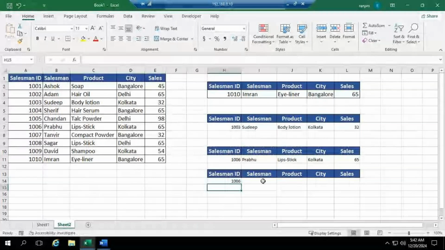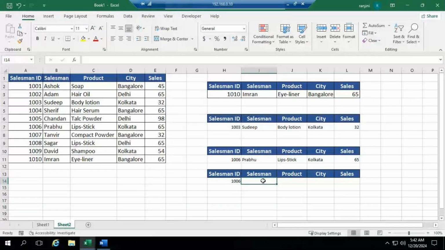I should type the formula each and every time, and I should change the column number for which column you want to get the details. So equals